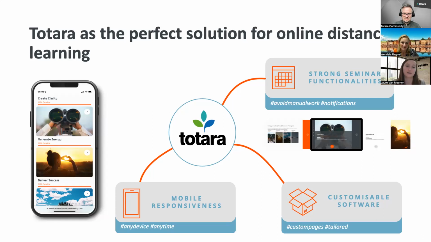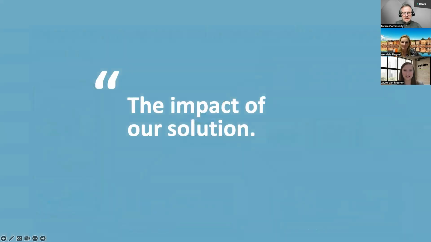So that is something that we developed ourselves in Theta and put in it, which makes it very nice and very personal for Lowell. And then, we know leaders are also very busy people, so we want them to have the mobile version as well. And we know that Theta is very scalable. So those are the three main reasons that we chose Theta. Yeah, thanks, Laurie. I'm really excited to see this in a minute or two, because most learning tends to be seen vertically, but being able to see it horizontally is going to be great. Okay, so if we think about some of the impact or the results of your solution,